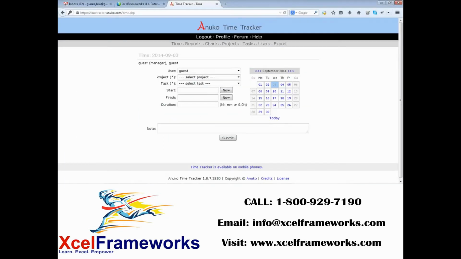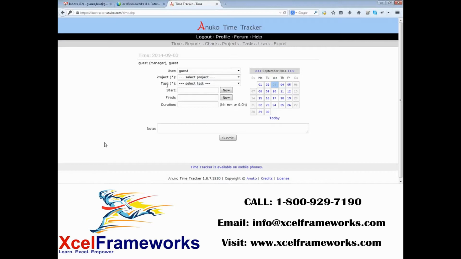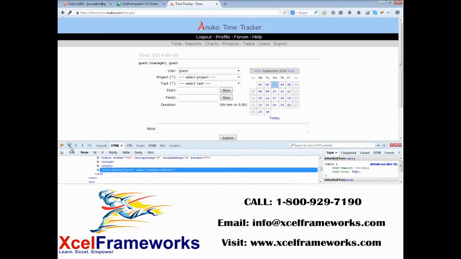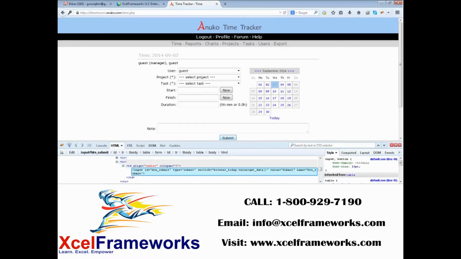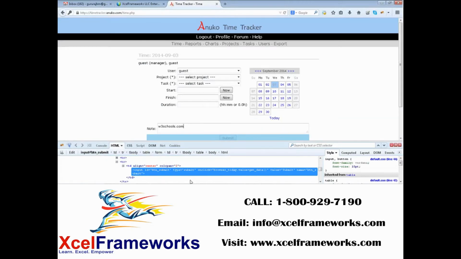When I say HTML structure, something like right-click, view source, or probably I can say inspect it above. And if I go to, let's say, the submit button, you need to understand the basics: what is this input, what is this ID, what is this type. For that I refer to w3.com, where we can easily learn what HTML is and what its structure is.